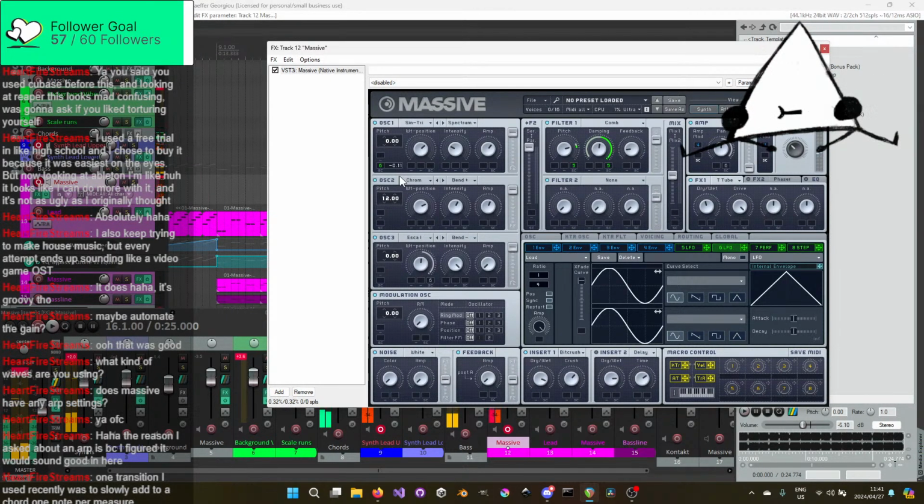Ooh. A little bit of slight variation in the pitch with an LFO is actually really nice. Very pretty, very spacey.